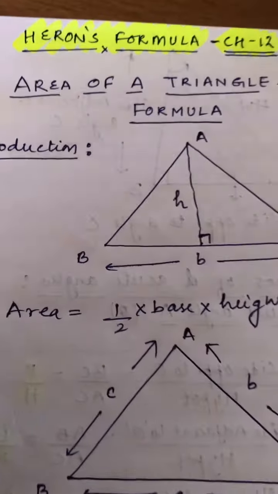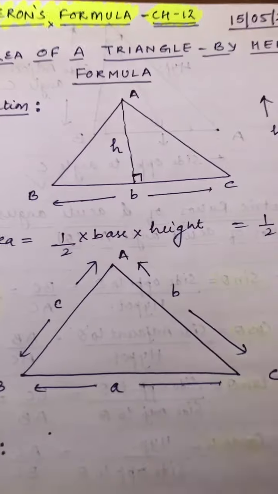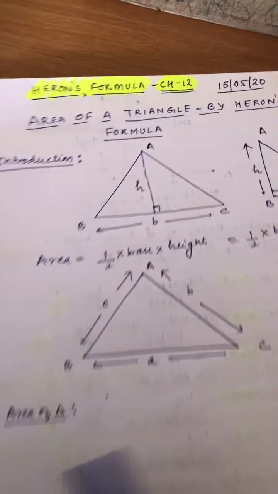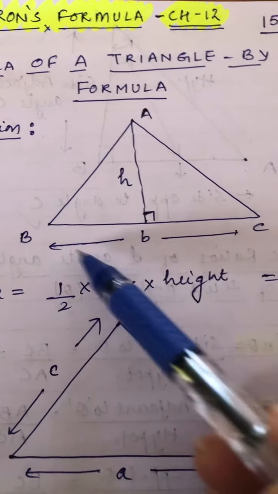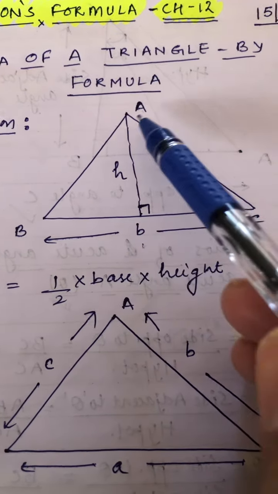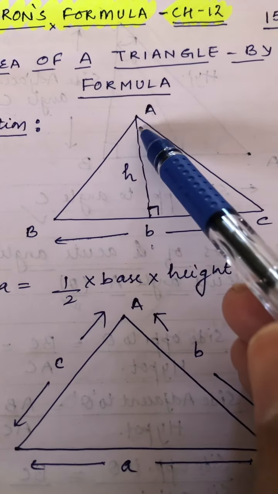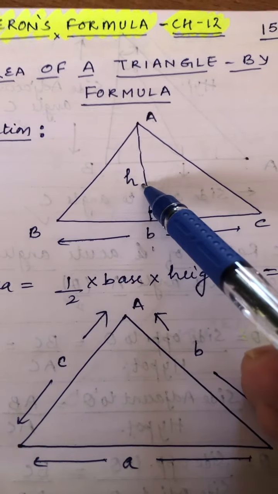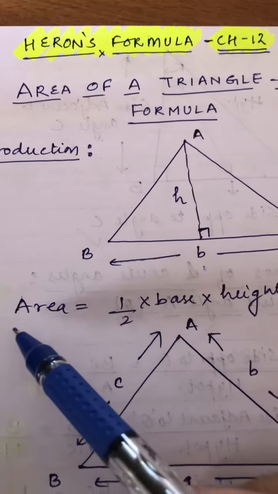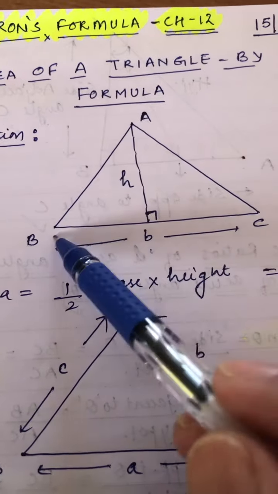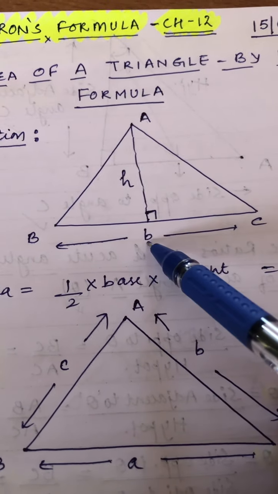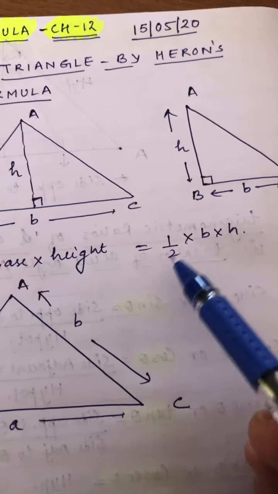Area of triangle, if we have a triangle ABC, suppose this is triangle ABC. This is the base. Suppose the base I have taken small b, and the height, the perpendicular distance from the vertex to the base, is h. Then what is the area of triangle, which you have studied in smaller classes? Half base into height. This we all know. Area of triangle is half base into height. Base I have taken b, height is h. So it will be half bh.